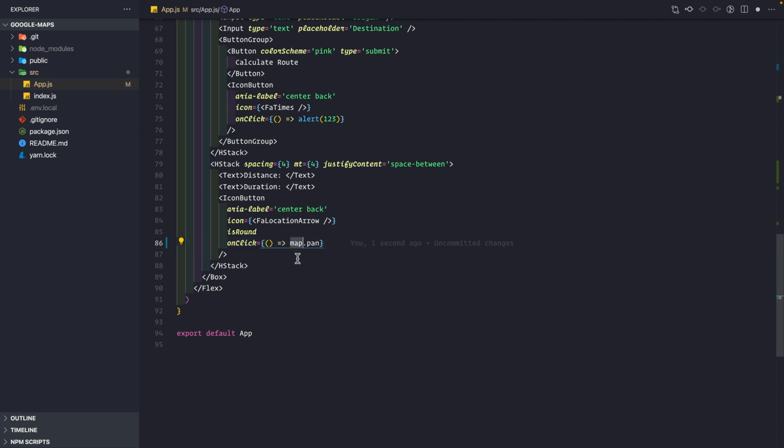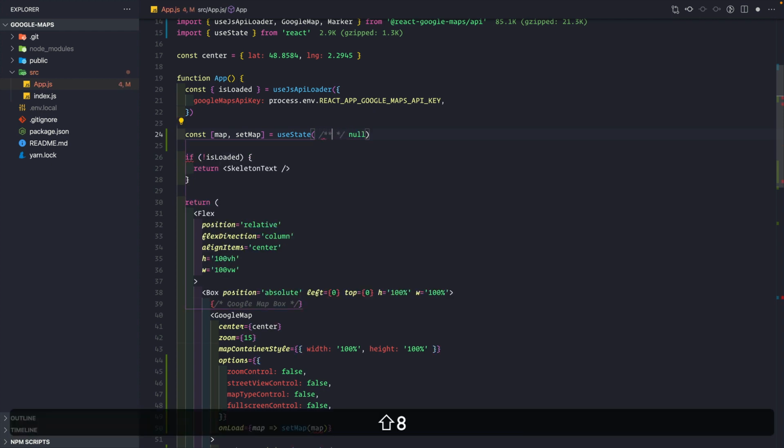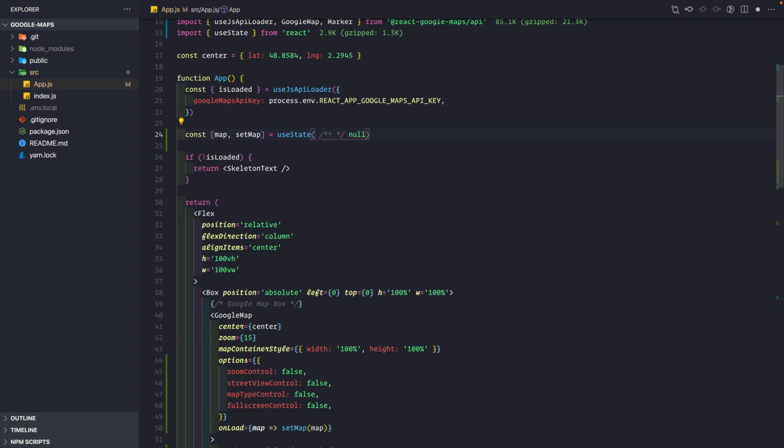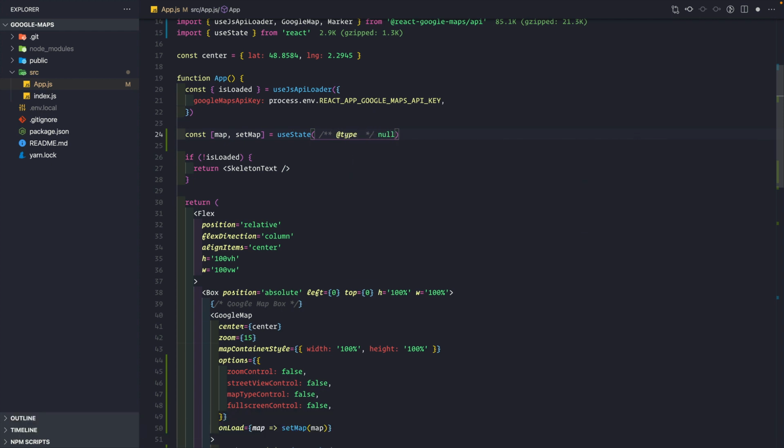So a basic trick to use types inside your JavaScript files is to use JSDocs. It is pretty simple to do. Instead of providing null like this, we can provide the type of this map variable. We can simply define the type for this map variable like this, that is /** and then it ends with a single star and /. And here we can simply say @type like this, and the type would be